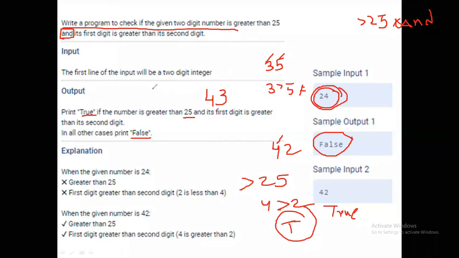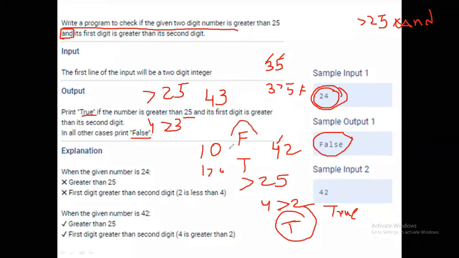For 43, the first condition is that it is greater than 25. The second condition is 4 greater than 3. For example, 10: the first condition is false, it is not greater than 25. The second one, 1 greater than 0, is true.